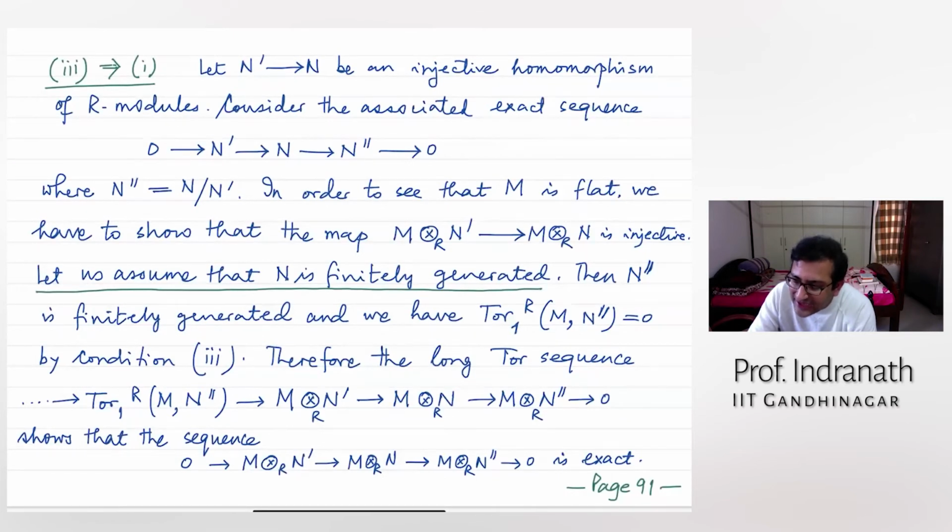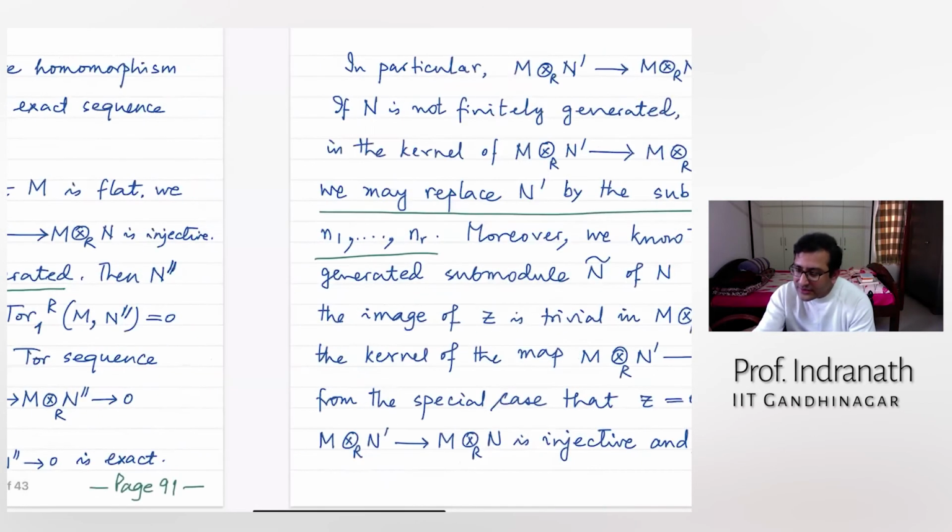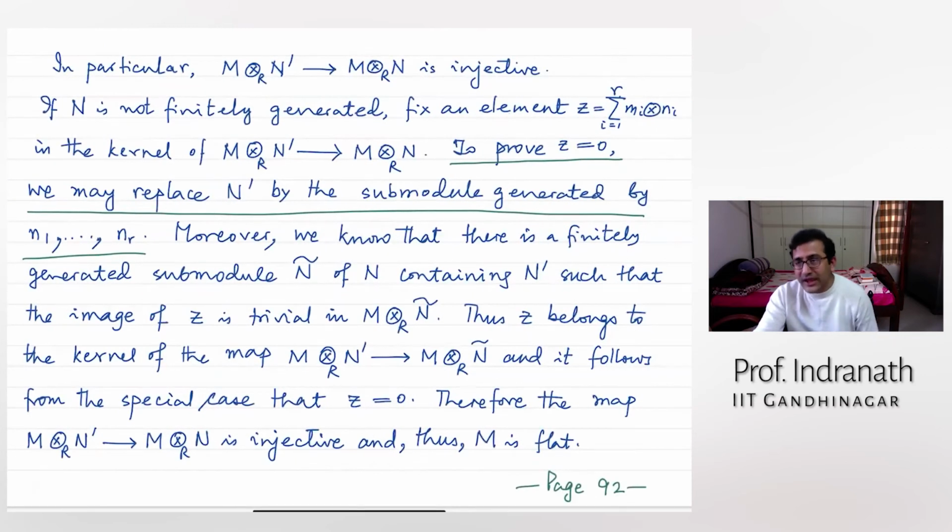So what I'm saying is I do not know a priori whether it is finitely generated. So I'm taking an element and replacing that n dash by a finitely generated module. So then have I not changed my n dash? Yes, you are correct that basically only those elements matter. But am I trying to say that I am still working inside a submodule of m tensor n dash? Can we be so casual in saying that I replace n dash all through?